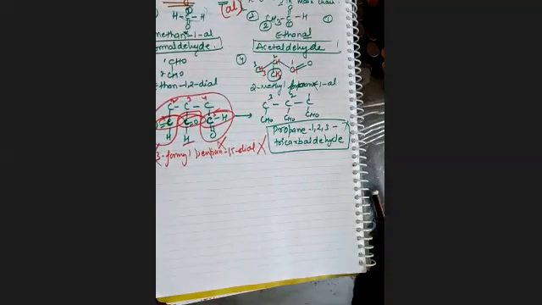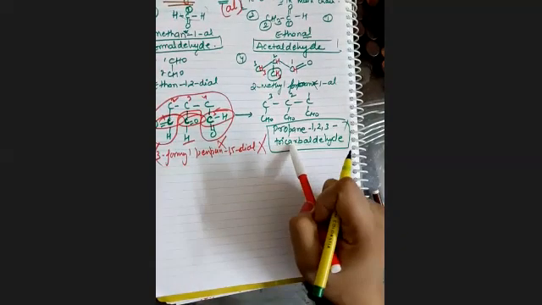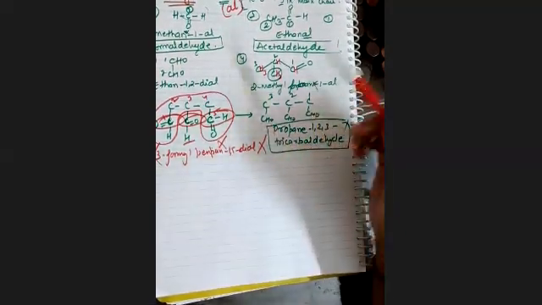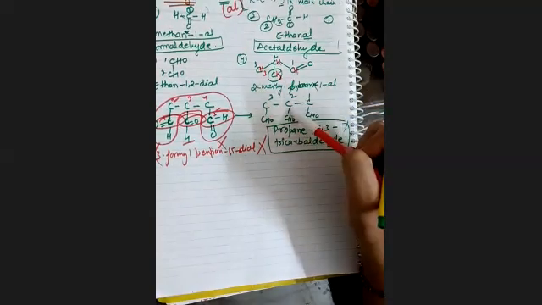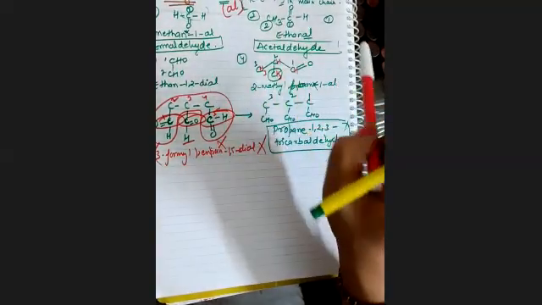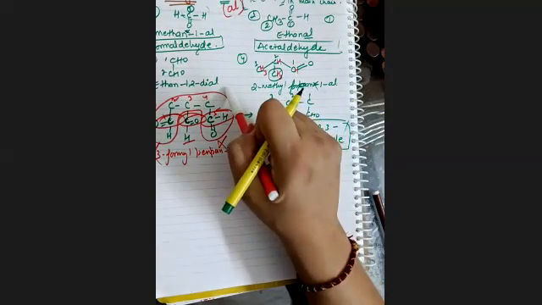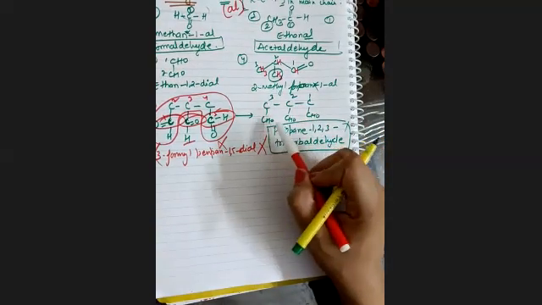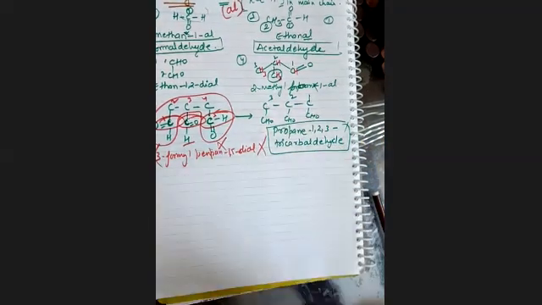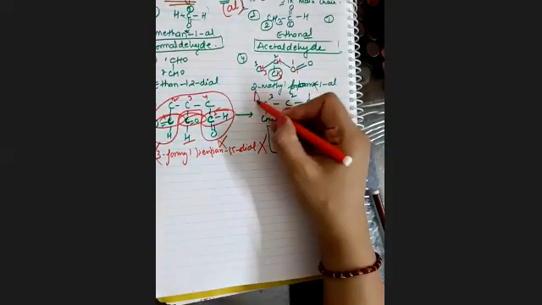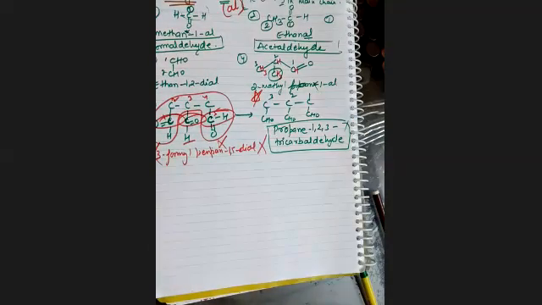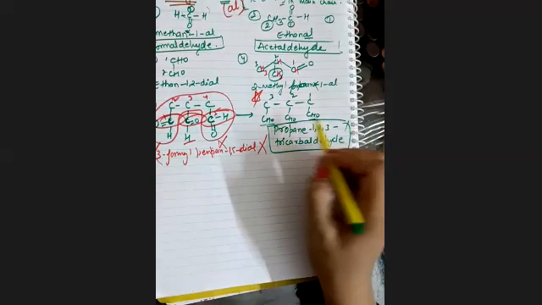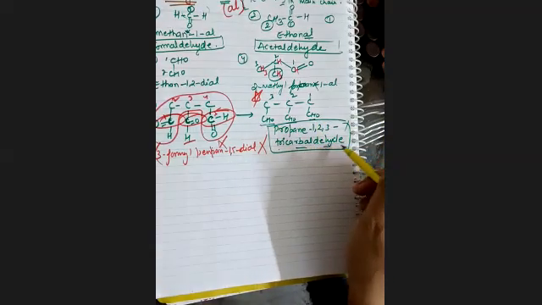Remember this thing. Whenever we are counting the carbon of the chain, जहां पर हम कार्बन काउंट कर रहे हैं चेन के अंदर, there we use al. But if you are not counting the carbon of the aldehydes, at that time we will write carbaldehyde. This is very important. Okay, so here the carbons are considered in the aldehyde groups only. So that is why this is tricarbaldehyde.